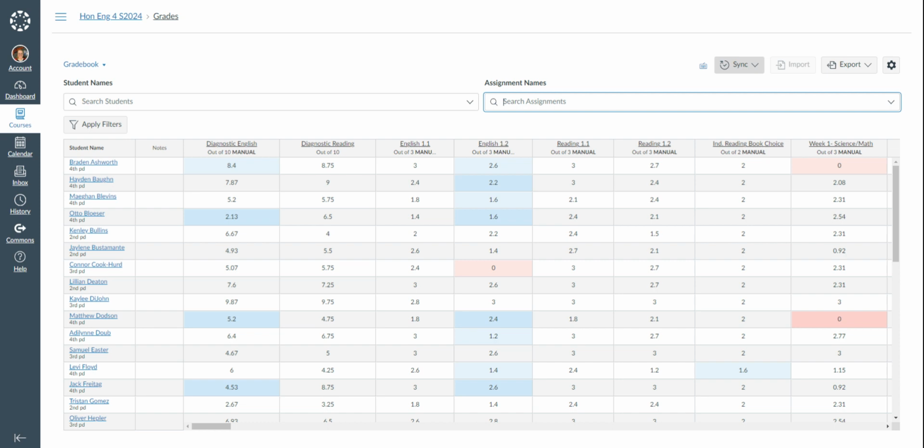If you have your options turned on to where you can sync your Canvas gradebook with your PowerSchool or your regular gradebook, clicking this button tells Canvas to send all of your grades to the PowerSchool gradebook, and it will update them for you. So you don't have to type in all those grades into PowerSchool. Once you have this option set up, all you have to do is come to Gradebook and hit sync, and